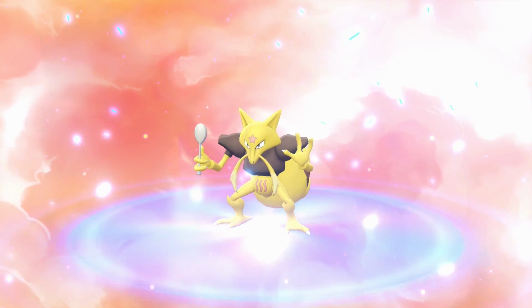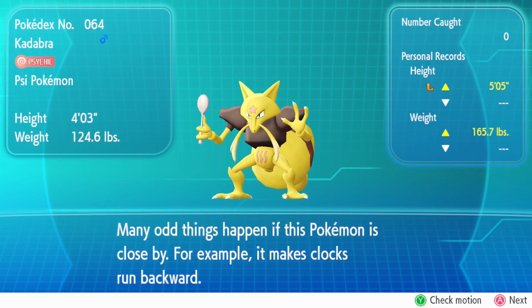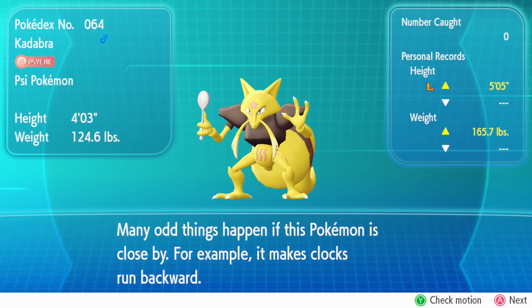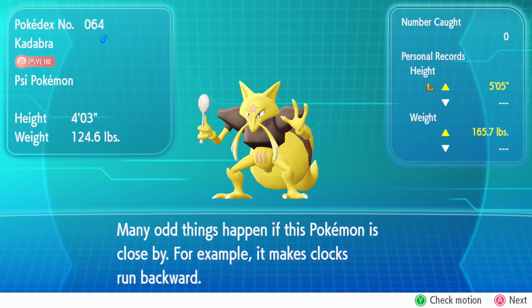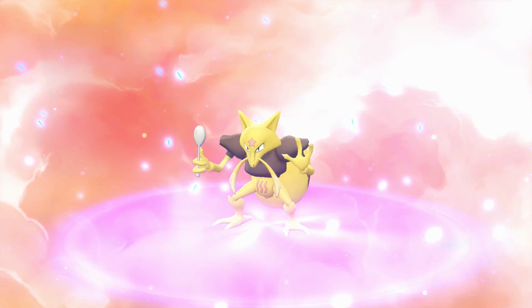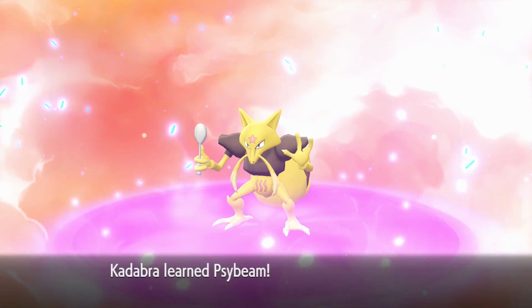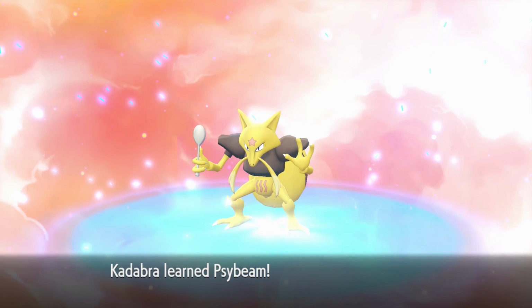Congratulations. And that's going to be a new one into the Pokedex, of course. The Psy Pokemon, many odd things happen if this Pokemon's close by. For example, it makes clocks run backwards. Well, I mean, that just saves you time, so that wouldn't really be a bad thing, honestly. Or just throw you off completely, because it doesn't turn back time, it just messes up your clock, so...